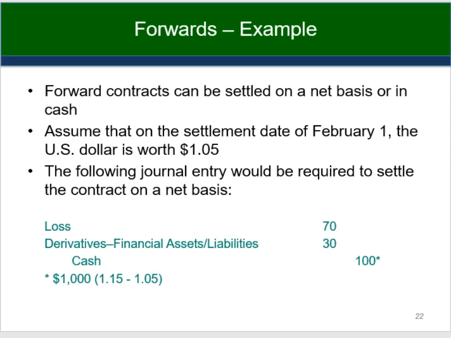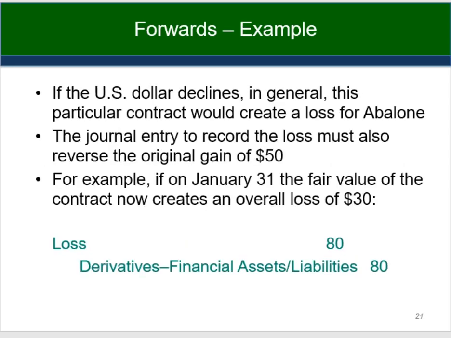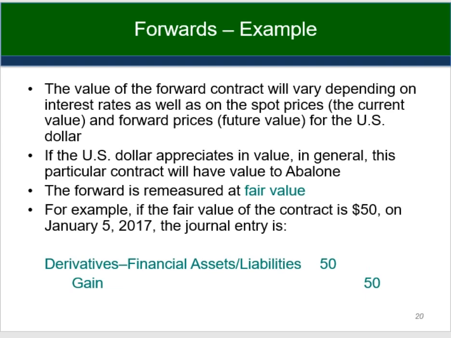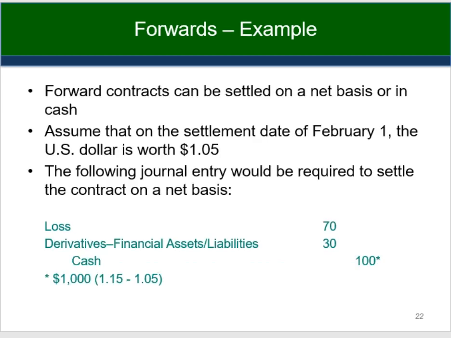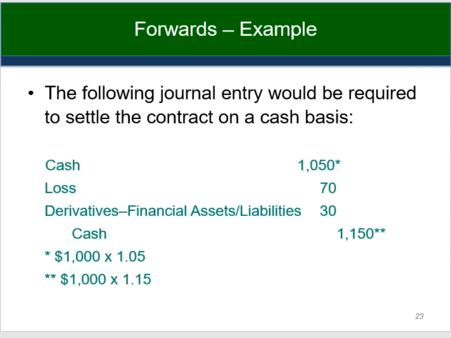All right, so we started with the first one was a gain of 50. Then we brought it back to a loss position of 30 with our debit to a loss of 80. So the net of those two is a loss position of 30. We actually lost $100 by the time we were done, so there's an additional loss that we have to record at 70, and the balancing figure is to reduce the derivatives, and they would be completely off the books now because they would be valued at a value of 0.